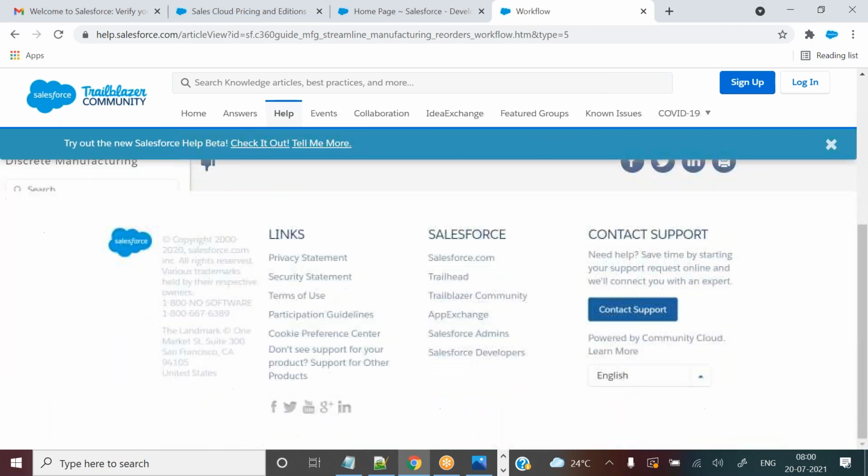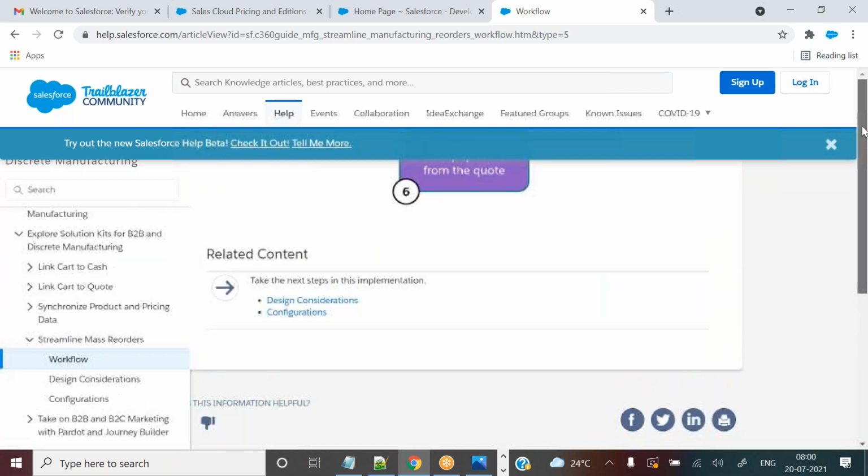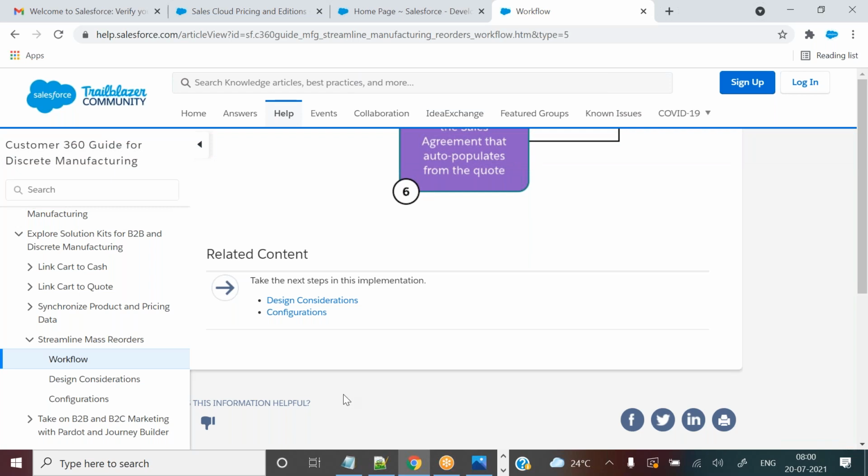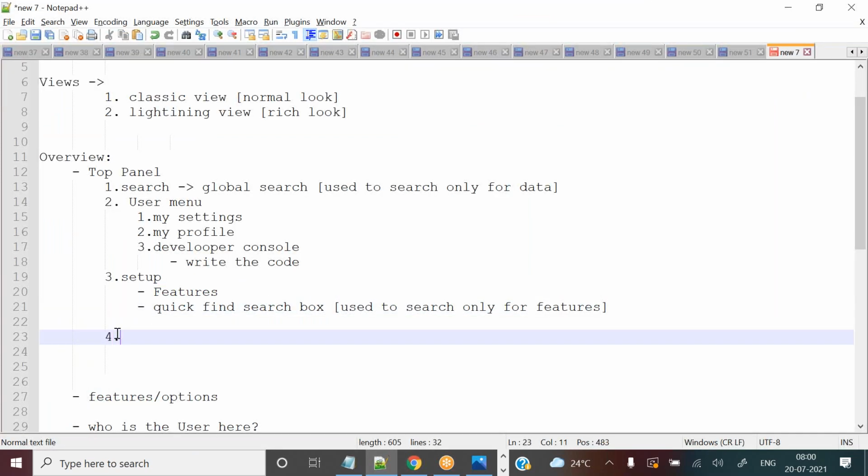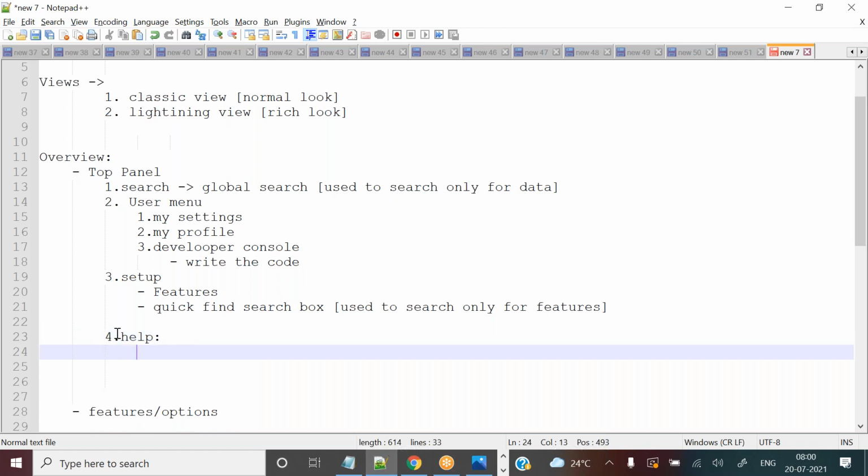So this is the benefit. So what is the one benefit for help? Okay. So getting topic related documents, search documents related to topic.